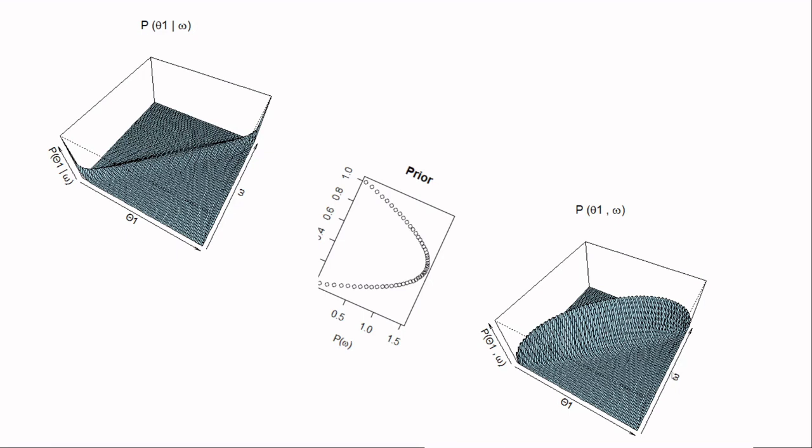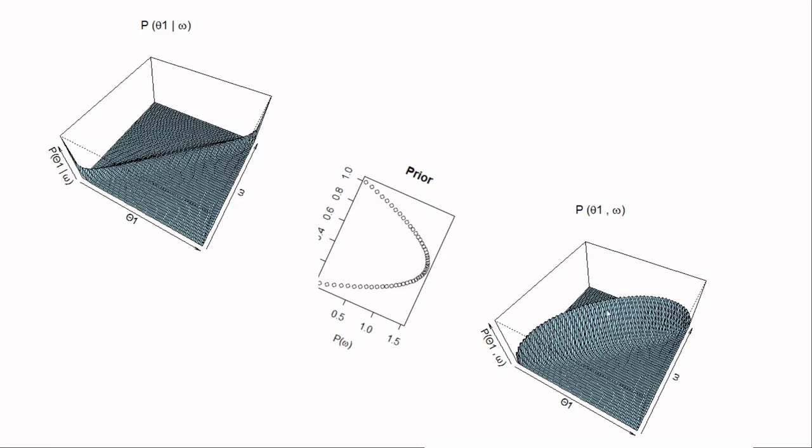We don't believe there's a low probability that the drug will work in the overall population, but a high probability that it will work in a group. And conversely, a high value of omega and a small value of theta, the group parameter, is also unlikely. But similar values, where the population parameter and the group parameter essentially agree,